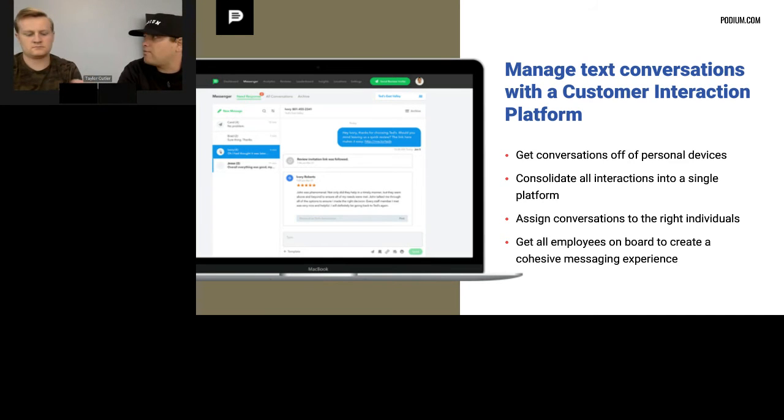But then they run into this scenario where they're having to manage the conversations on each one of those platforms, where our goal is to consolidate that so that those channels of communication are coming into one centralized place where you guys can easily manage them. There's an application on smartphones nowadays where you can manage conversations. If you're more mobile, you can do it from your desktop. The whole point is we want to make that all in one place so that it's easy to manage,